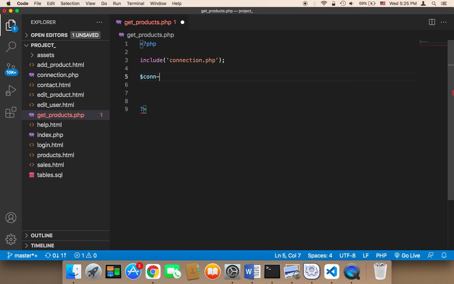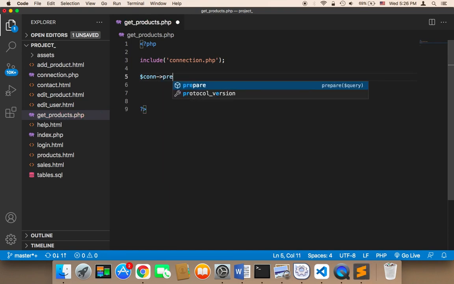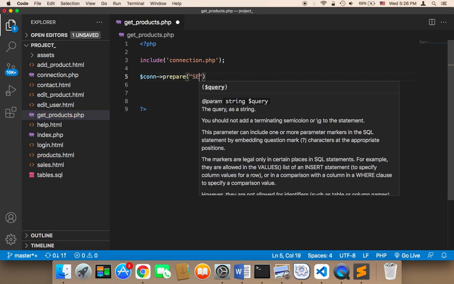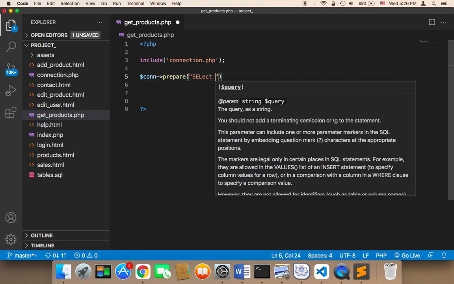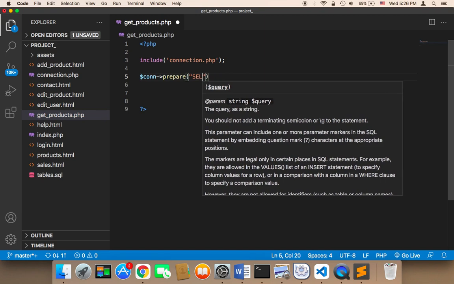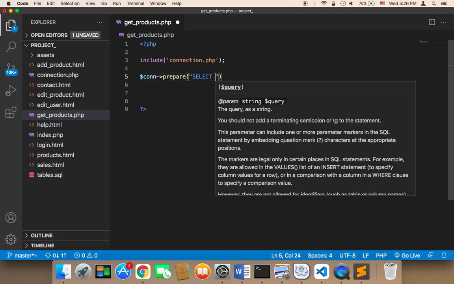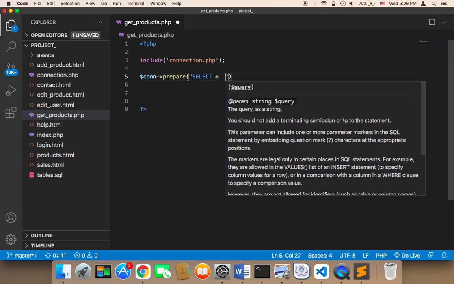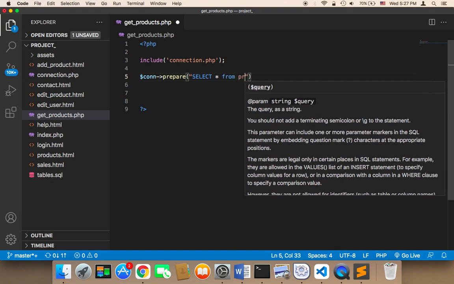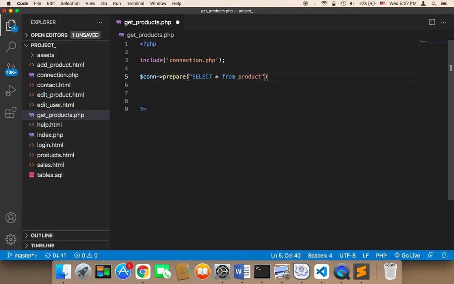and then I'm going to call a function called prepare, and then I'm going to say select all, which is asterisk, from product, because the name of the table is product, and that's it. And then I'm going to store this in a variable called statement, stmt. So stmt is going to be equal to con prepare,